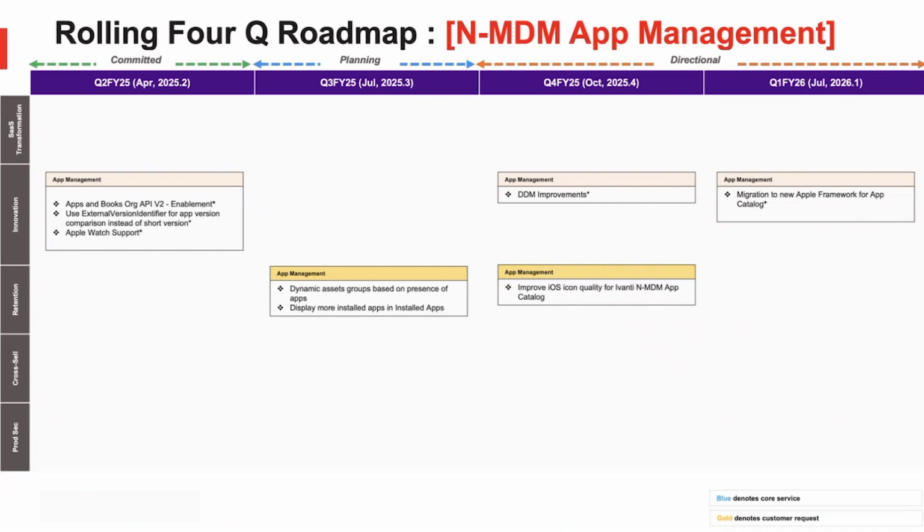There are a bunch of interesting enhancements we are doing in Q2. The first one, we are migrating to the V2 API for apps and books management. There were a couple of reports that we got from some customers that when you do the on-demand update of the apps, at some places it is failing. It is not doing the right comparison, even though the version on the device is not the latest. So as you can see here, we expect that this V2 enablement should solve this issue,